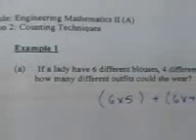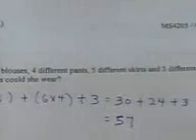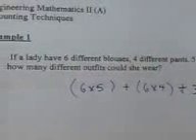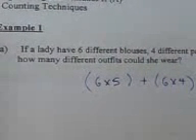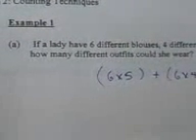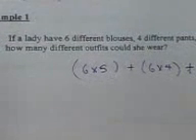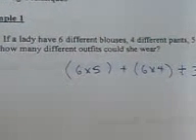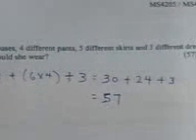Okay, example 1. A. If a lady has 6 different blouses, 4 different pants, 5 different skirts, and 3 different dresses, how many different outfits could she wear? Okay, in this case, a dress counts as a full piece of clothes, so it's considered as a whole piece of cloth. So when we work it out, it will be 6 times 5, because blouses and skirts can go along, and then 6 times 4, because blouses and pants can go along, plus 3,